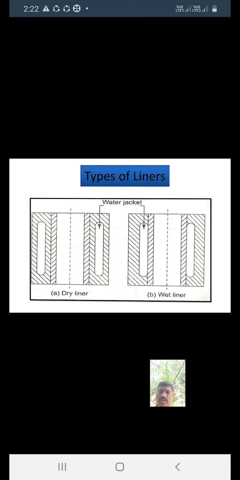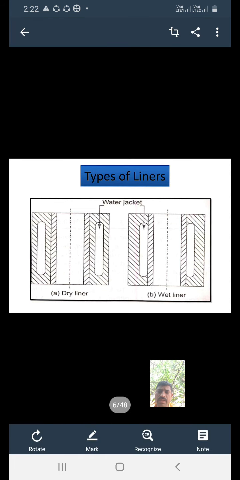At the outer surface of the cylinder liner, the tensile thermal stresses add to the tensile pressure stresses. Remember that. However, it is important to note that the thermal stresses are usually small and hence can be neglected. We are neglecting the thermal stresses because these stresses are very small.